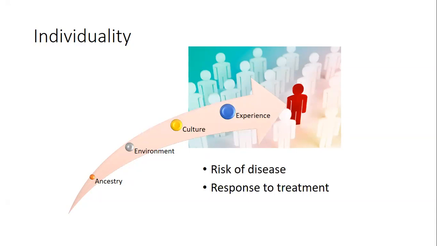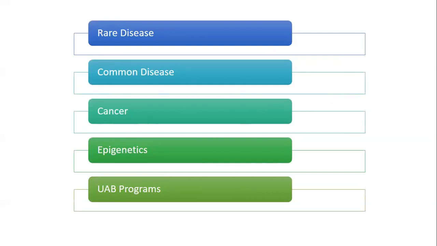Those who end up needing treatment, you hope to be able to monitor their response to treatment and to optimize that so that there are fewer side effects and better outcomes, and really to be customizing choice of medication to the individual. So I want to talk in general terms about a number of areas that specifically relate to the component of individualization of care that is genetic or genomic. And we'll cover the things that are listed here.